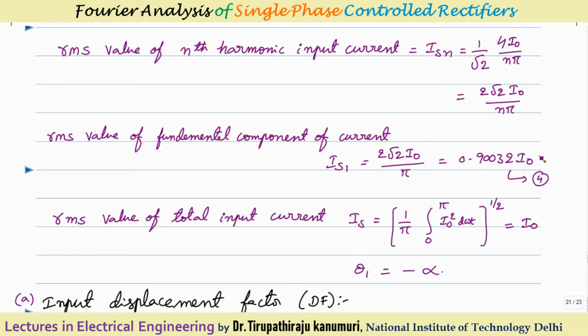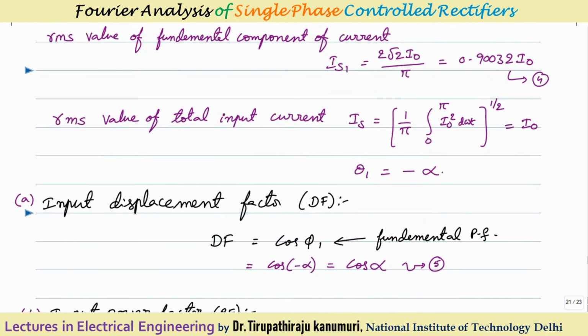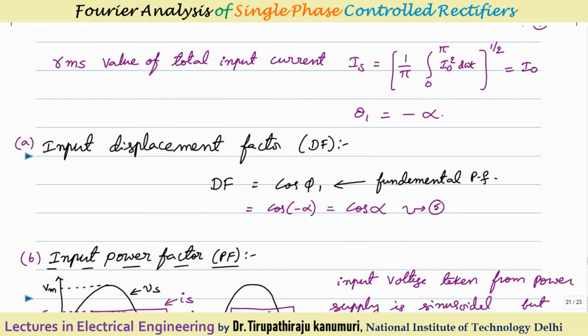But practically in the case of a converter, it is not supplying only the fundamental component of current. Along with the fundamental component, multiple odd harmonic components are also supplied. In the case of this type of waveform, that means the rectangular waveform, we have seen this, and that indicates it has harmonic components. How to analyze that, we are going to see in the coming sections.